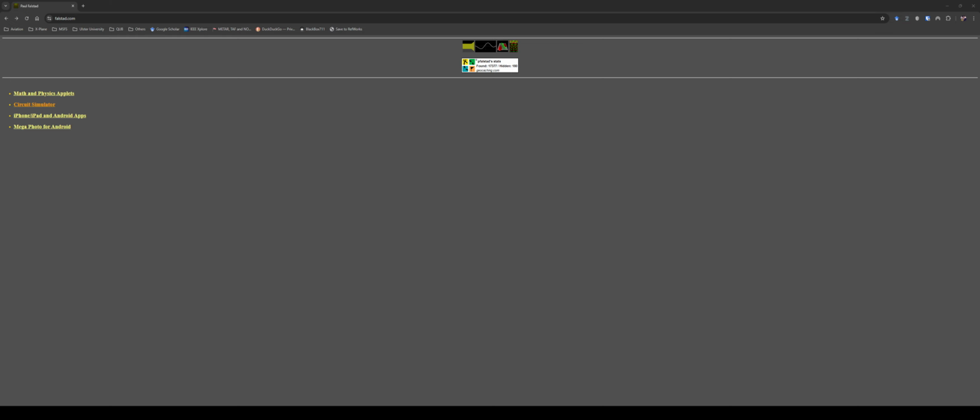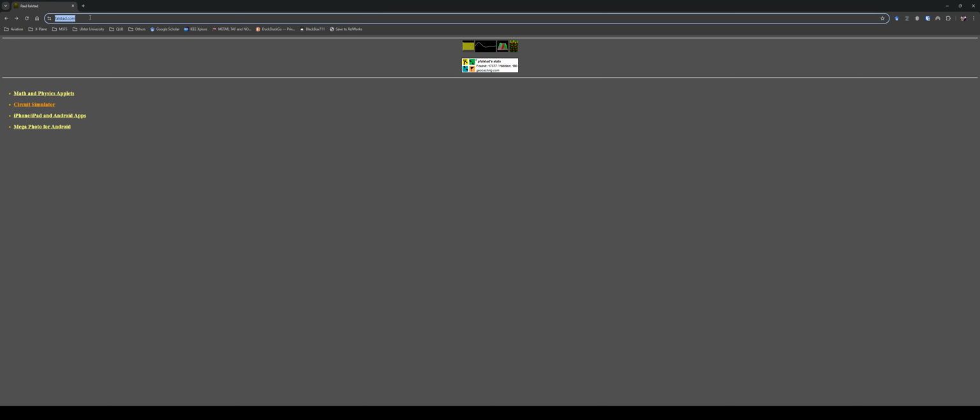The first one I'm going to show you is Falstad. Falstad.com, you come in here and you see it has Circuit Simulator. It is a very simple Circuit Simulator but quite powerful. It can run in your browser. You don't need to install anything if you don't want to install a circuit simulator on your computer, though I